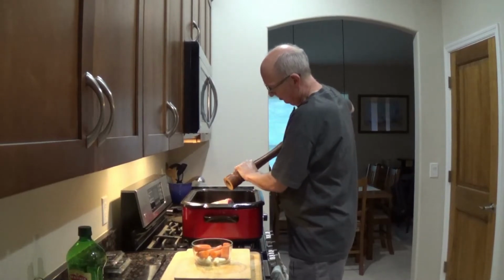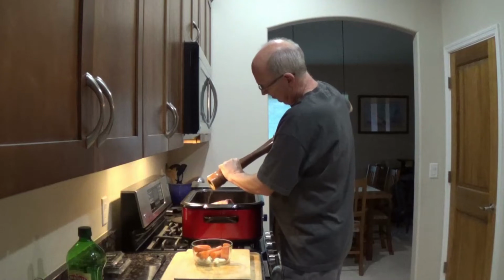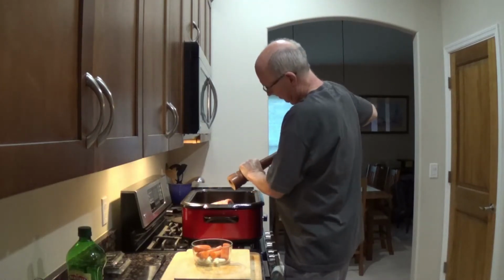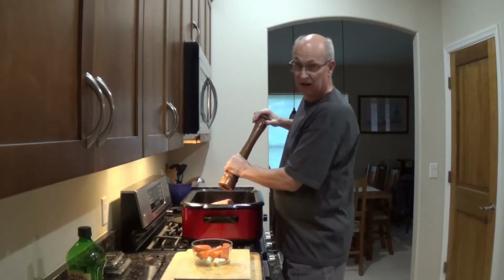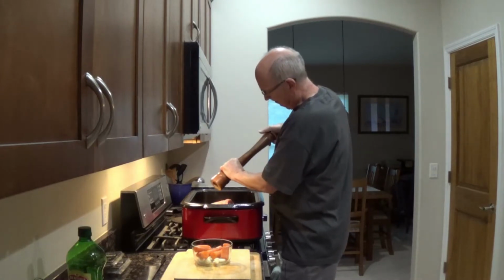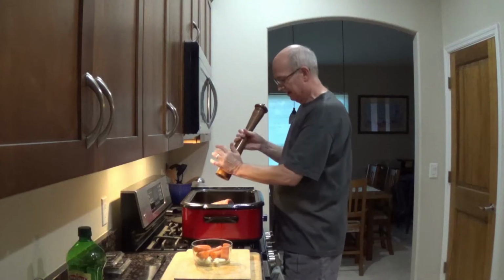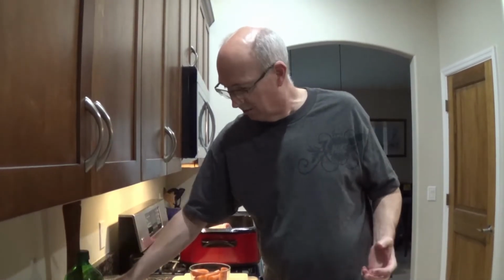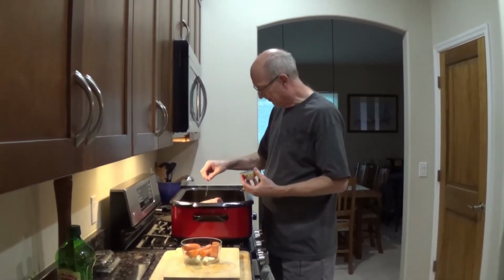Now the age-old question is, and most chefs will tell you, that you have to salt because it really helps improve the meat. I do not like over salting, so I try to resist that temptation, but I will tell you, because we have a nice fat cap on top, I'm going to put a little salt on top because it's not really going to affect the meat very much. So I just want to get some pinches here,